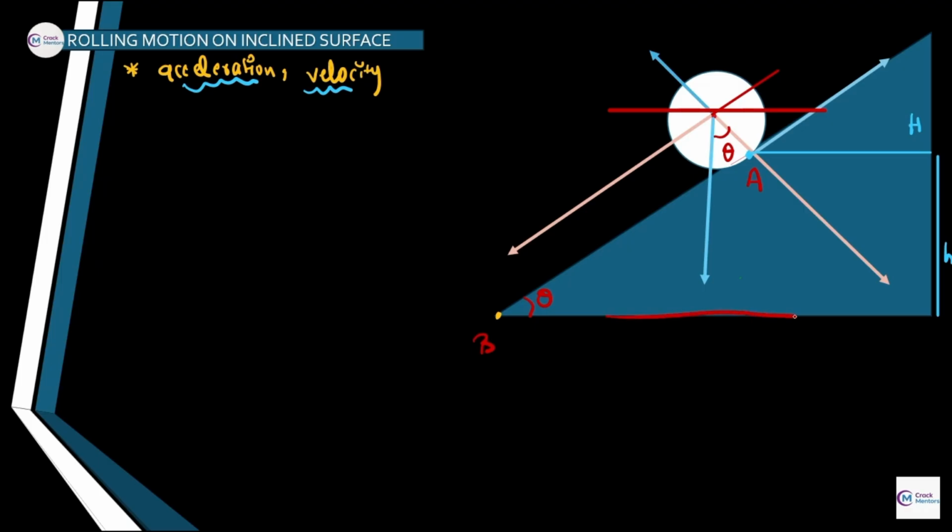And as we are able to observe, the red line and the red line which is present at the bottom, both are parallel. Okay, and there is another line that I have made. If this is angle theta, then this must be angle theta as well. Okay, how? Z, we know about it. And if it is theta, then it must be 90 minus theta, because they are making a right angle. And if it is 90 minus theta, then this must be theta as well, because they are also making the right angle. Okay, I am hoping that you get this point. This is the very basic as well.